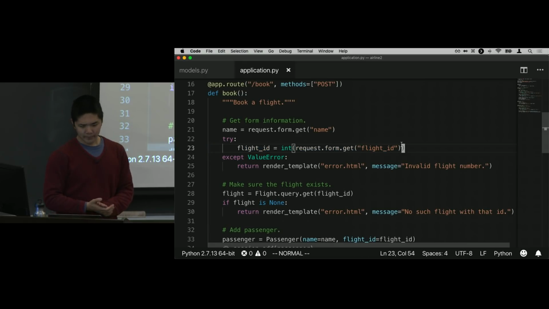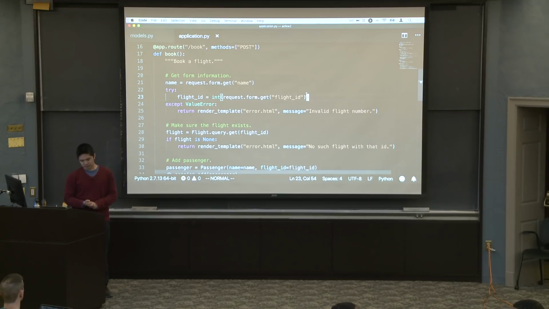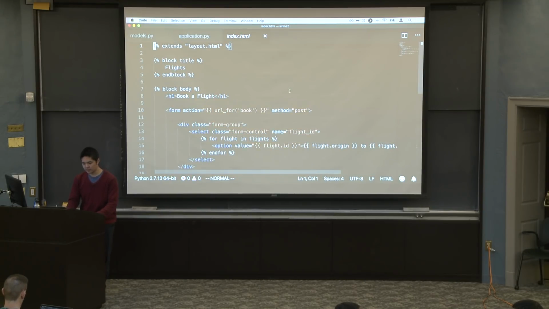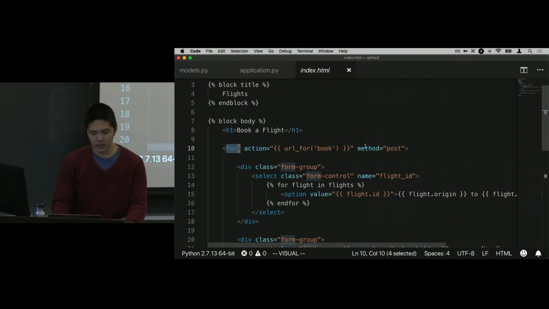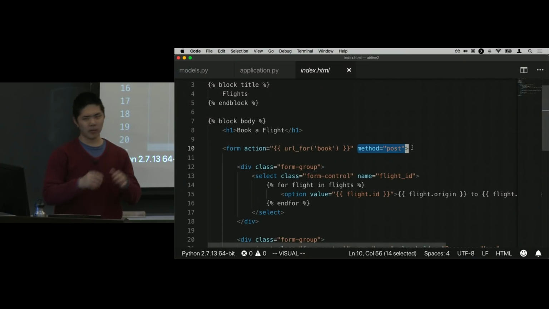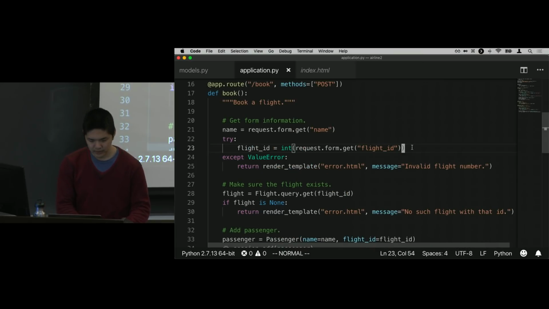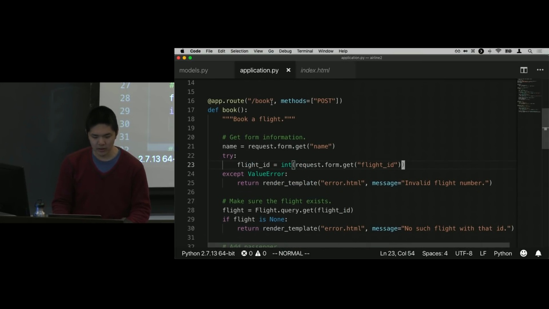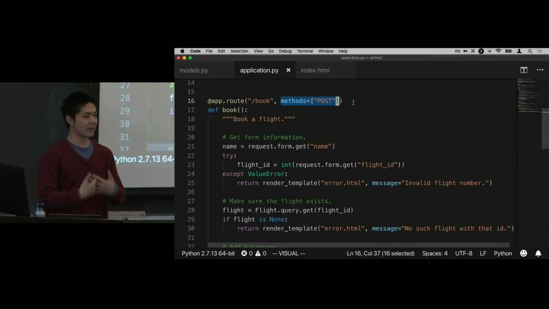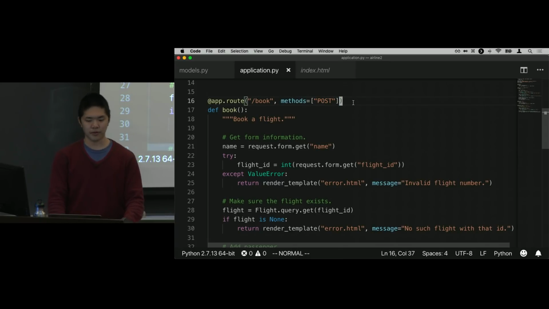Yeah? That form is still accessible through post, correct? Yes, it is through post. So if we look at index.html, we see that this form uses the post method, and we'll talk a bit more about request methods in just a moment. And in particular, this route specifies method post, meaning post is one of the allowed request methods for this particular route. Are you able to get it the same with like request.post.get